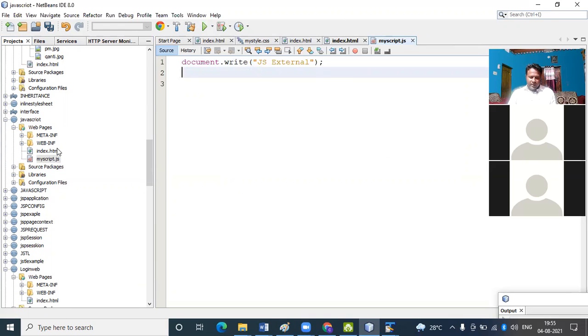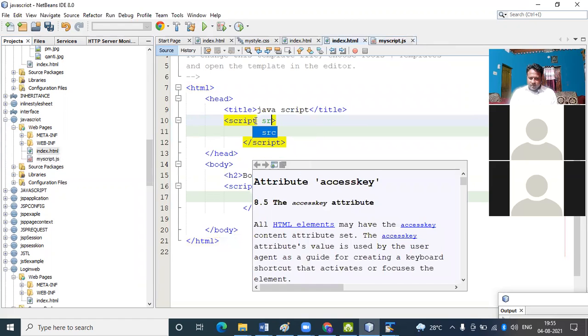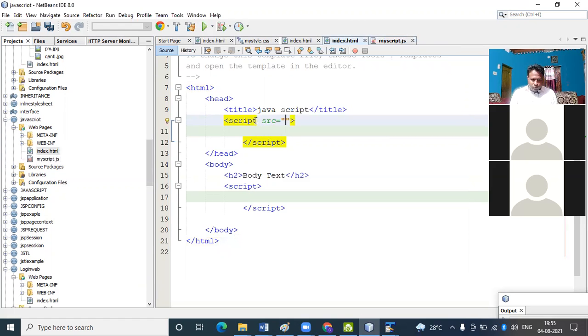Then I implement here script src equals my script.js, my script.js.